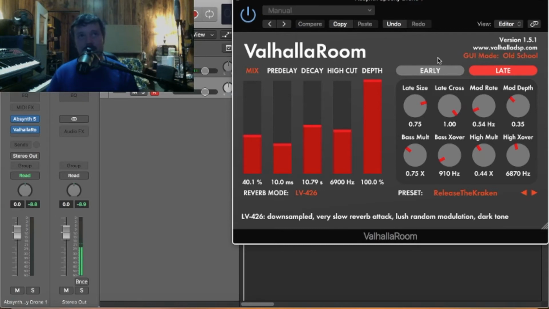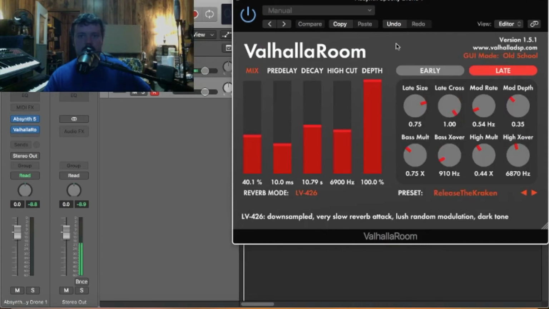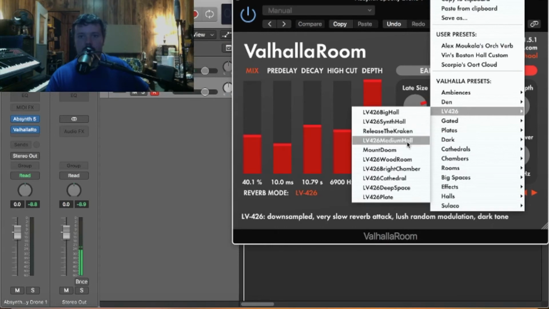I don't tend to do the designing the room controls so much, but what I do, I tend to grab a preset. I like this Release the Kraken preset for anything that is long and washy and an effect. Basically, if I'm making a pad or a drone or some kind of ambient sound, and it's an effect sort of sound, I will grab this Release the Kraken. On drum sounds, I prefer Mount Doom,